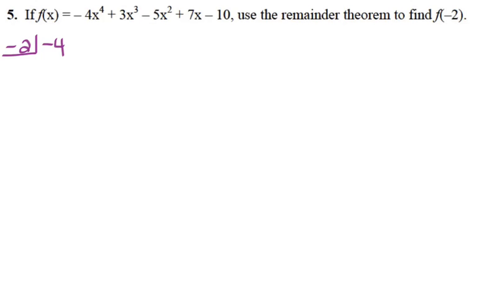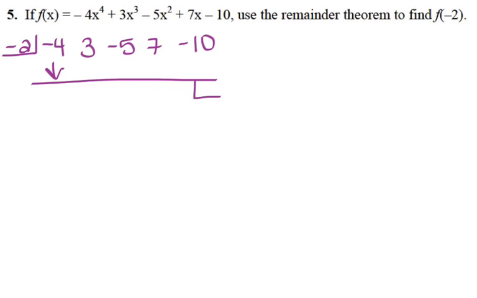So I'm going to list out my coefficients, so -4, 3, -5, 7, -10. This one actually wasn't missing any terms, so we didn't have to put in any zeros. First term goes straight down, multiply, combine, multiply, I forgot to combine, and then multiply, so that gives you 54. Combine, multiply,